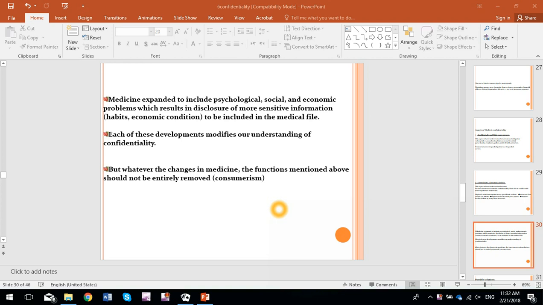He's still our patient. His information is confidential to the best of our ability, unless it interferes with certain moral or legal things. All these factors related to our understanding of confidentiality do not negate the fact that we are still dealing with a patient and we cannot treat him like a consumer.